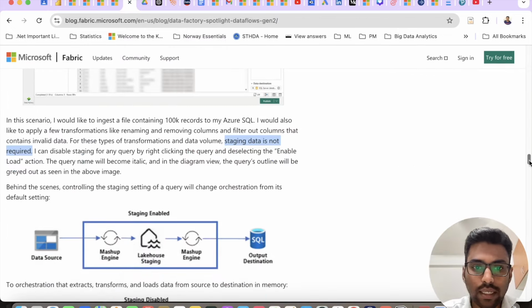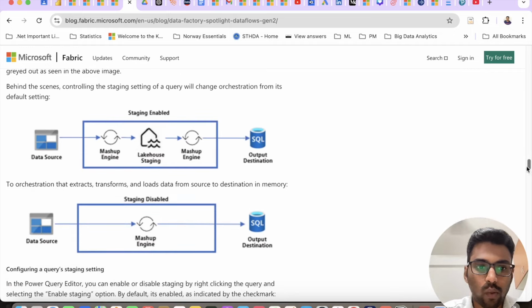So here there is this useful diagram. What happens if you're not enabling staging? The mashup engine, which is the Dataflow engine, will be used directly to load the data from source to destination. In case you are enabling staging, the data will be pulled and loaded into the staging lakehouse. So I think in the backend it will create a separate lakehouse to store your data first, okay,